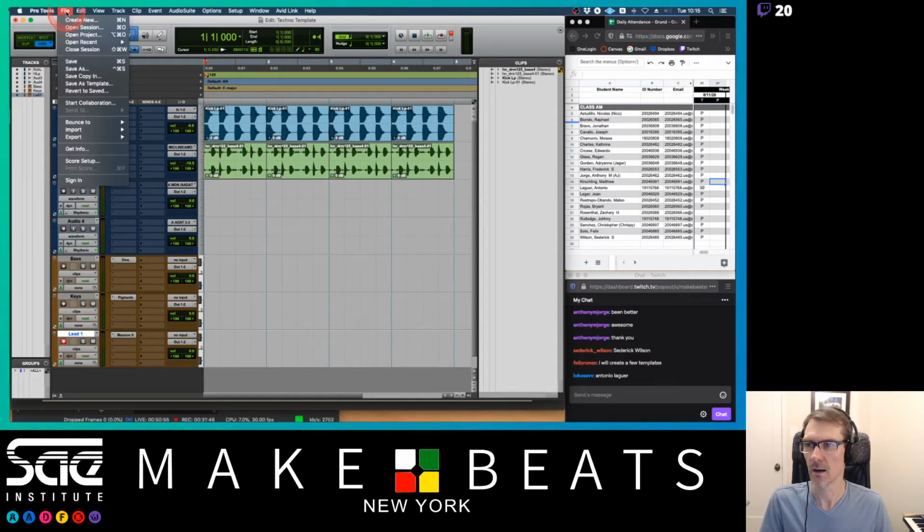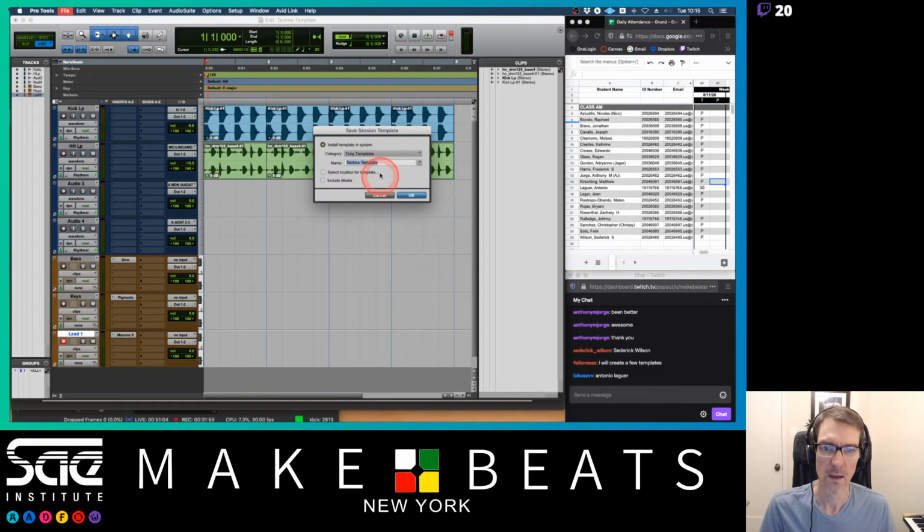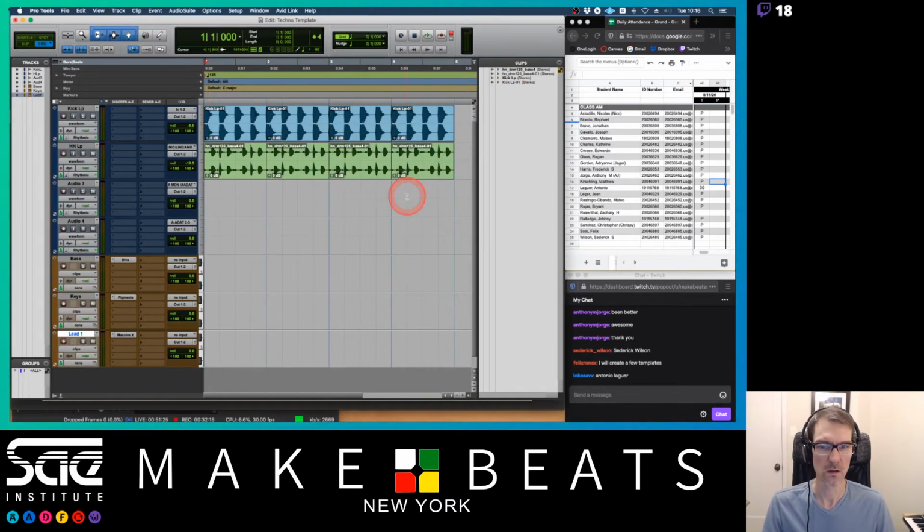I'm going to go over here and go to Save as Template. Over here on the left, remember we talked about this earlier, Save as Template, boom. This is not really techno, it's more of a house type of thing, so we'll call this one House Template. And I am going to include the media right there. Make sure that you include media in this case because I want it to load up with these audio clips. And yeah, we should be good. Save that. And now if I load it back up,